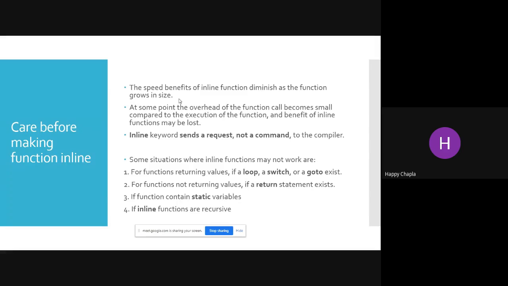That's why I am sending a request, not a command, to the compiler. It's up to the compiler, not totally dependent on the programmer. I cannot force my compiler to make this function inline every time. It depends on the compiler: if it wants to, it can; if it doesn't, it will work as a normal function.